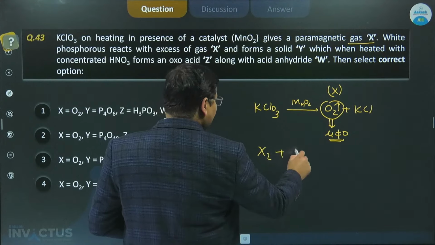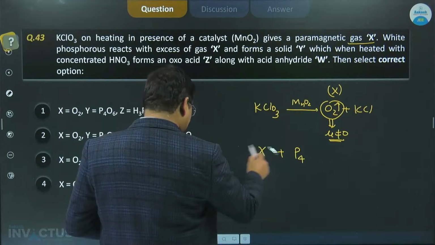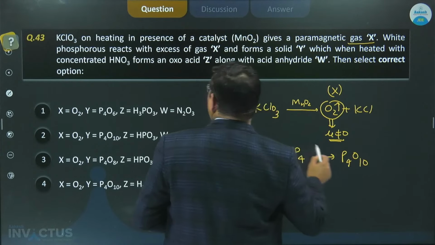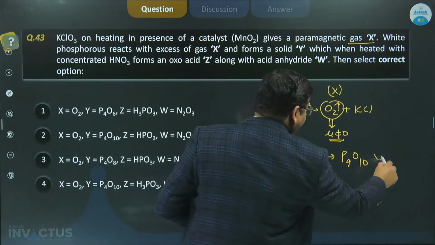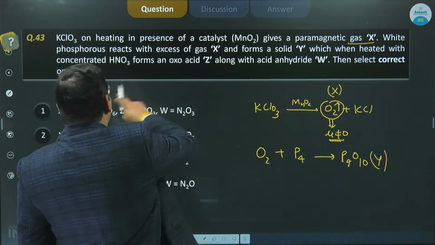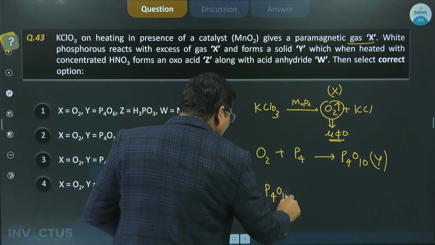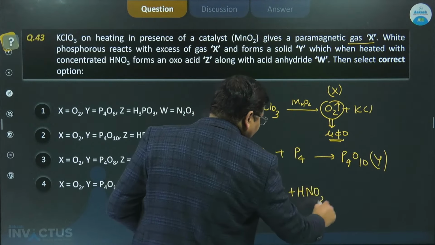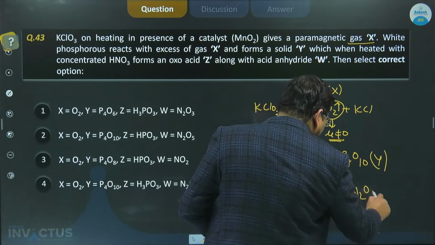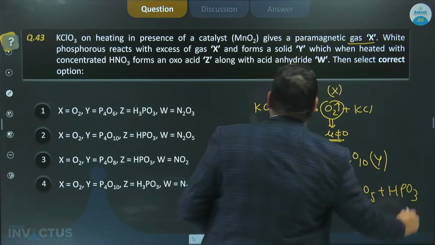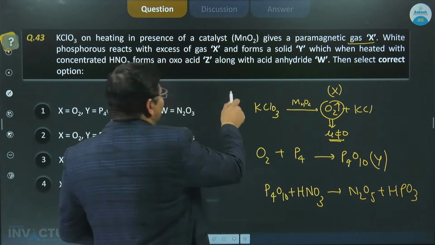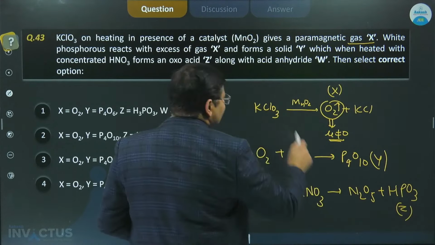फिर X react with white phosphorus, तो यहाँ X आपका O2 था, तो P4O10 बच जाएगा। तो P4O10 is a solid Y, ठीक है बच्चों। Then heated with HNO3, तो P4O10 dehydrating agent है, तो HNO3 को dehydrate कर देगा। तो HNO3 को dehydrate करेगा तो N2O5 उसका anhydride बनेगा और ये खुद भी hydrolyze हो जाएगा, तो N2O5 plus HPO3। अब यहाँ Z along with anhydride, तो oxo acid Z, और that is anhydride W, ओके।